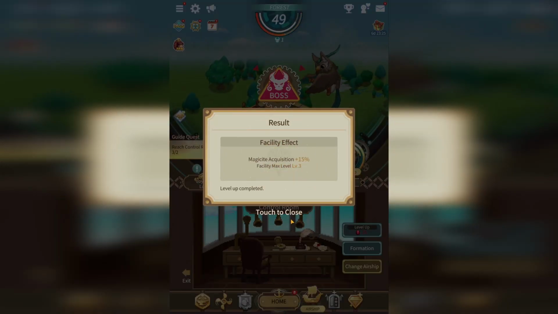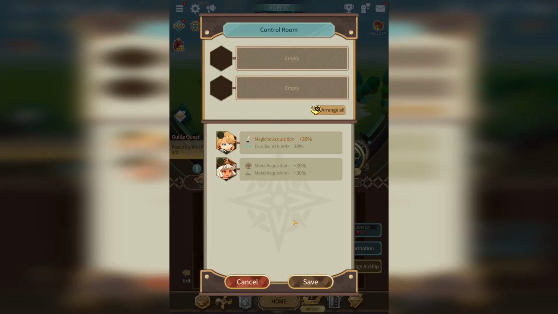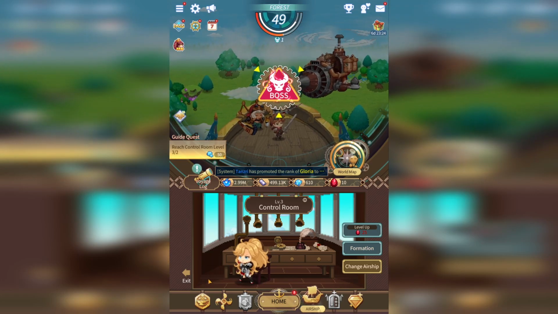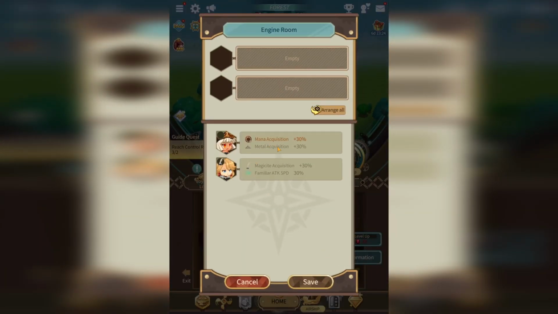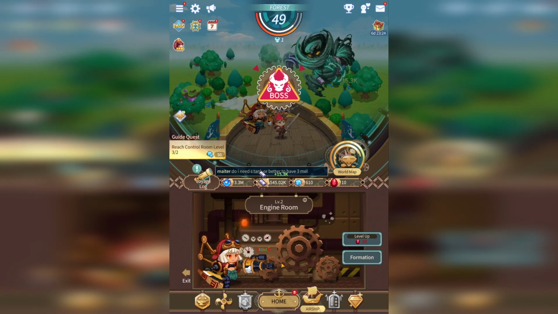So we'll level up our control room one more time. And then we have our formation inside of our control room. So the way that this works is every champion that you have is going to have some stats available to them for increasing one of these rooms in your airship. And luckily, this lady here is good for our control room. It's almost like they planned it that way, you know? It's almost like they knew exactly what characters they would give us and what rooms we'd have available. Isn't that special? And so our newer character here, our tanker class, gives us a 30% increase to mana acquisition,